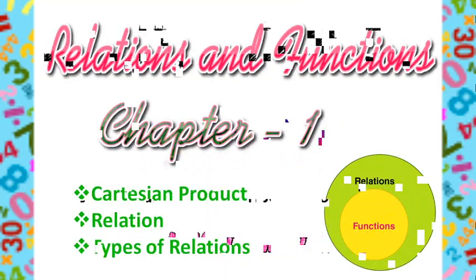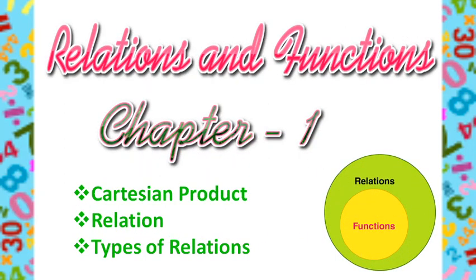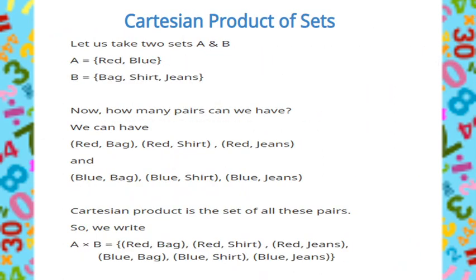Today we are going to start a new chapter number 1, Relations and Functions. Here I will discuss three main things: Cartesian product, relation and types of relations. What is Cartesian product? We have already done it in class 11, but just to recall those concepts, let's take two